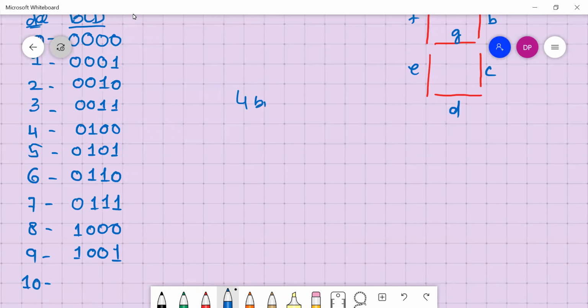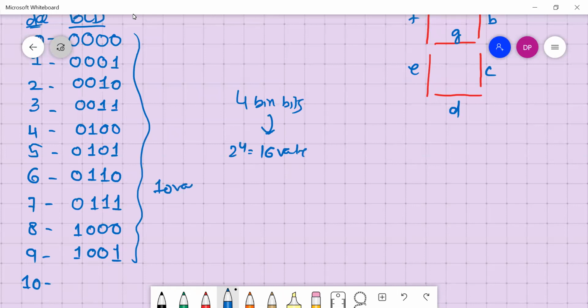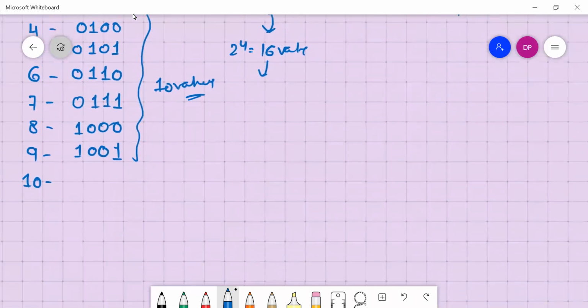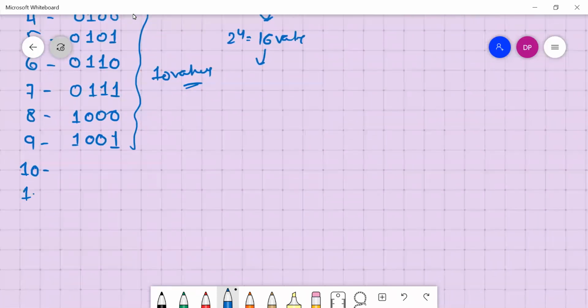Okay, 4 binary bits are there, how many values can be represented? 2 power 4, that is 16 values. Out of which we have represented here 10 values only. 0 to 9 are 10 values only. What about the remaining 6 values? That is, combinations of 1 and 0: 10, 11, 12, 13, 14, 15 cannot be represented using 4-bit BCD.